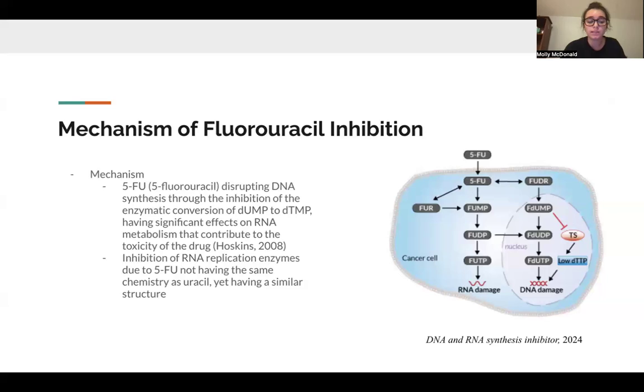This is able to inhibit RNA replication enzymes due to 5-FU not having the same chemistry as uracil, yet having a similar structure. And this is also drawn out in the mechanism provided below, where it leads to the RNA